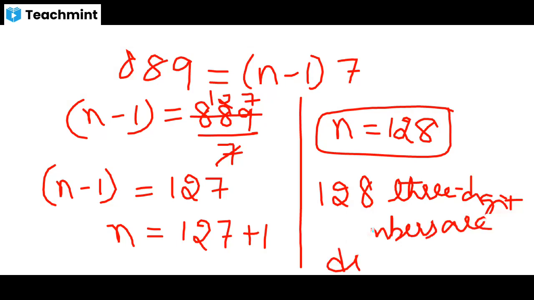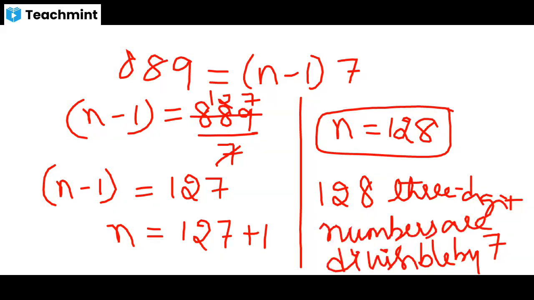Understood, children? So in this way you should solve the problems. Okay? Next is also the same, right? Here, how many multiples of 4 lie between 10 and 250 is given. How many multiples of 4?